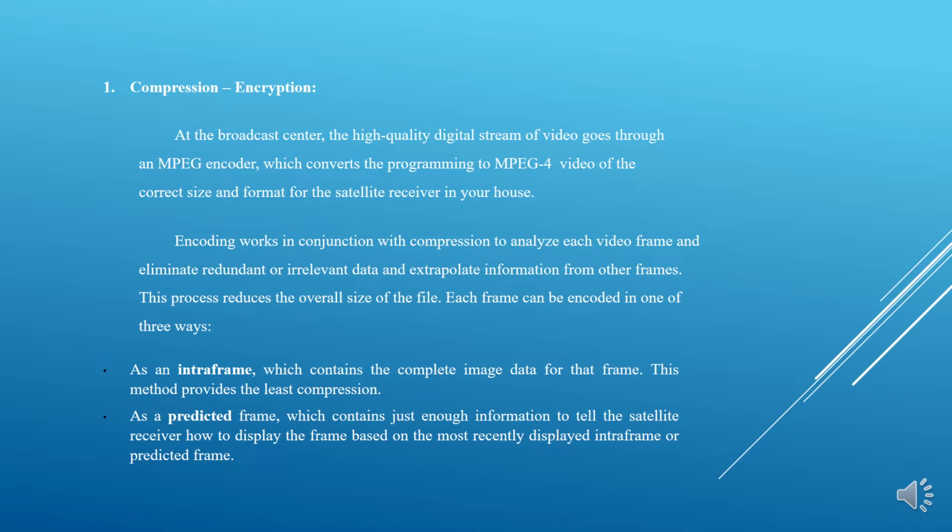Encoding works in conjunction with compression to analyze each video frame and eliminate redundant or irrelevant data and extrapolate information from other frames. This process reduces the overall size of the file. Each frame can be encoded in one of three ways: as an intra-frame, which contains the complete image data for that frame. This method provides the least compression; as a predicted frame, which contains just enough information to tell the satellite receiver how to display the frame based on the most recently displayed intra-frame, or